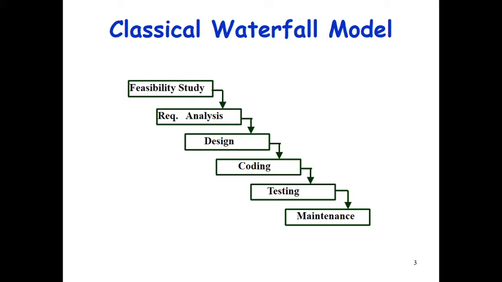So the classical waterfall model is for a simple problem, where when you complete a phase and go to another phase there should be no problem in that phase, then it will be okay. But if the model is very critical and there is some problem in any phase, suppose you are in the testing phase and you see a problem in the coding phase and you can't come back here,